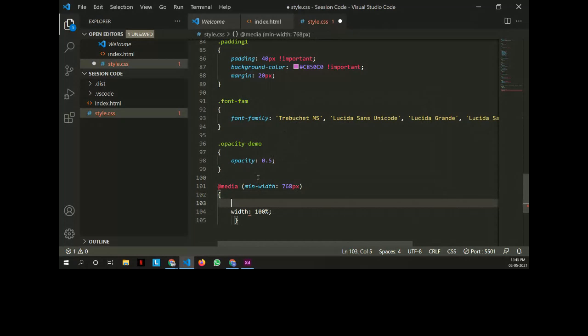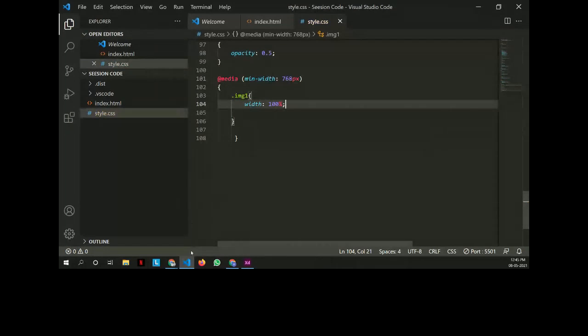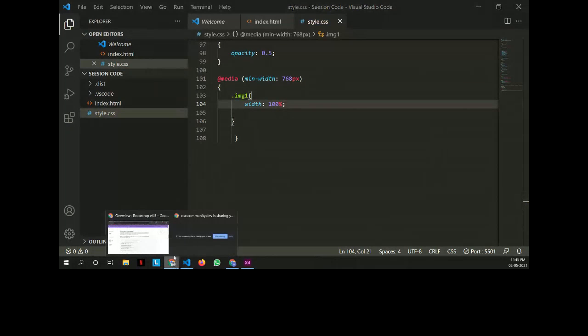One second, I just need to import the image tag here. Yeah. So guys, if you all can see the website here, now it's 100% still.